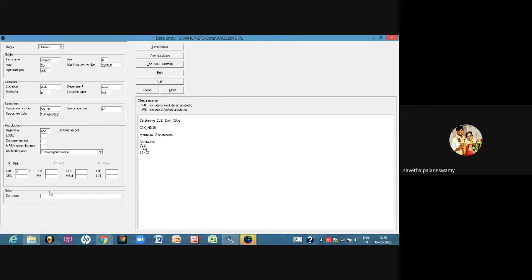So can you see, this is what I was telling. The breakpoints are visible here. You can see the name of the antibiotic. Okay, like CTX, it is cefotaxime. The breakpoints are also visible here. Okay, the concentration of the drug, everything will be visible here. Okay, then CTX